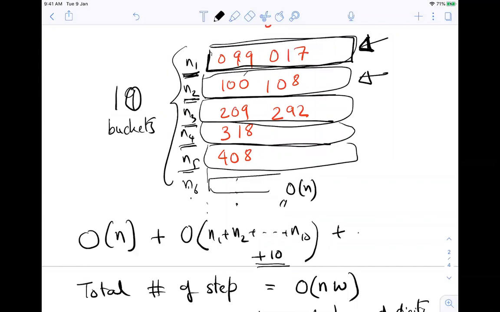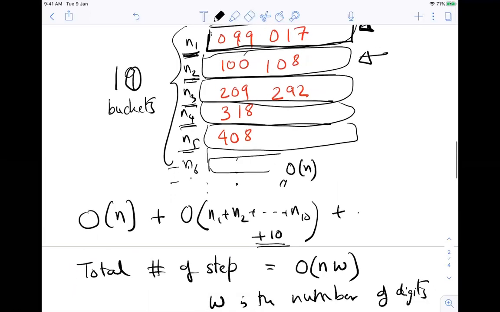For each of the buckets where there exists some element, I will take n_i time. And for the buckets where there is nothing there, I will take at least a constant number of steps. The plus 10 will occur, say, order 1 for each of the empty things. So that is not something too much. If you do the addition, you will realize that this will just be plus order W, and plus order W is quite insignificant compared to order N.